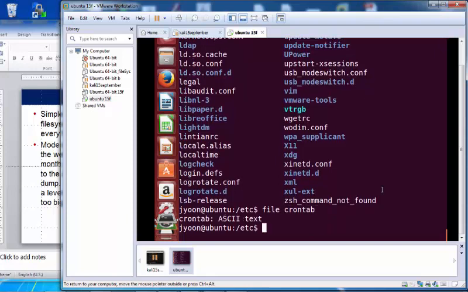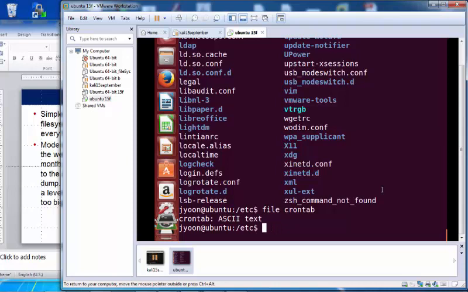Then you can tell you the type. What's the type of that crontab? It's an ASCII file, so you can simply read it. What is the command to read?